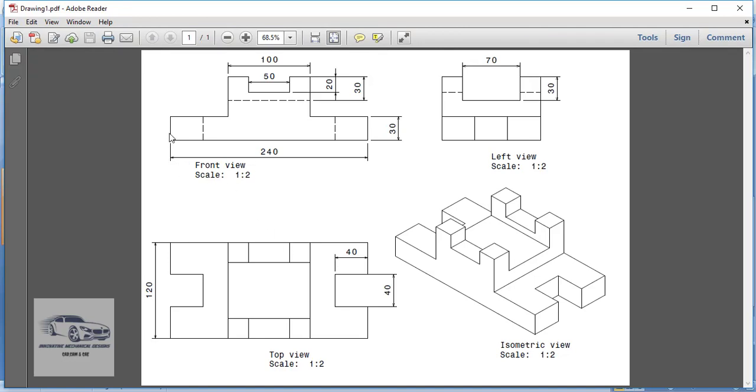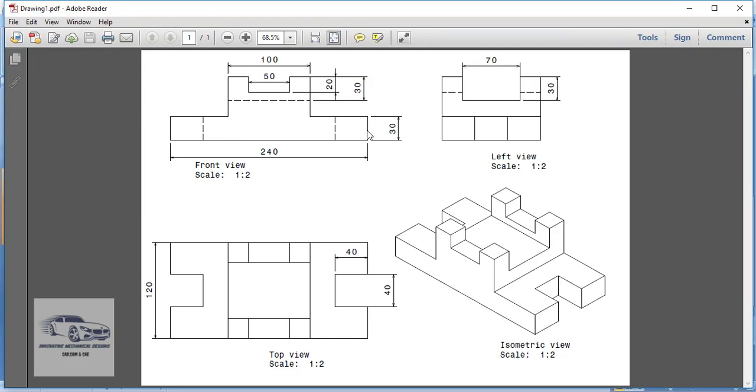To start with, we will start with this front view. Now always remember that to start the model, always select that view from which you can create the maximum features of the outer portion. As we know that while creating any part, we have to follow the 80-20 approach, meaning first we have to design the outer 80% of the part and then the interior features that consist of 20% of the total part.